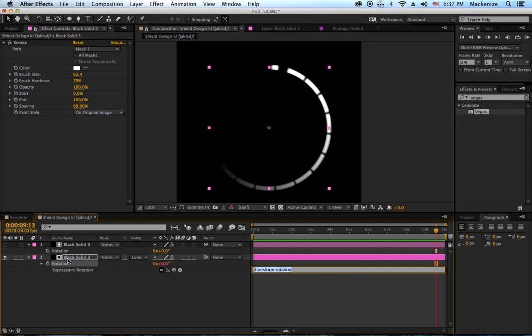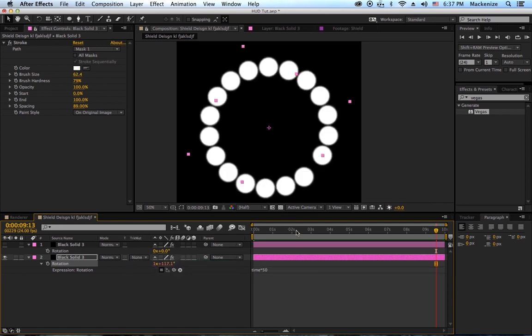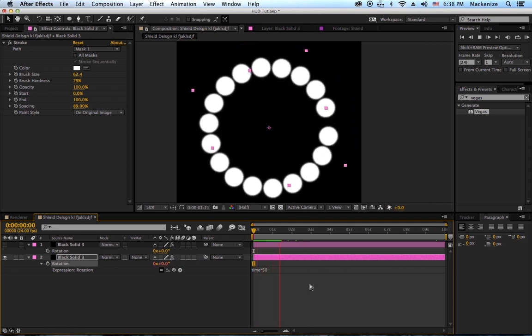I know to a lot of After Effects users, especially new After Effects users, it seems quite intimidating, but there's a lot of very simple expressions we can use to make our job a lot easier. So I type in time times, which is the star key on the keyboard, say 50, 40, 60, somewhere around in there. And if we come around here, we can take a look and we can see we've added some very basic